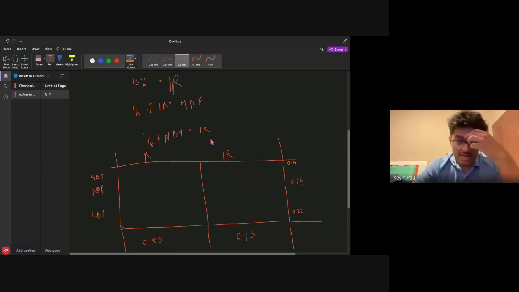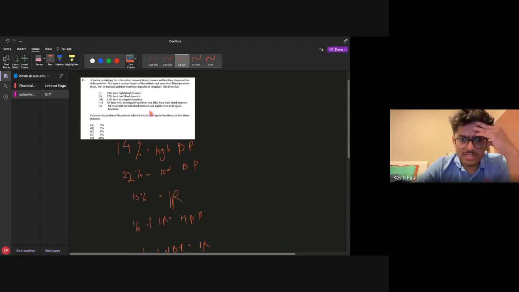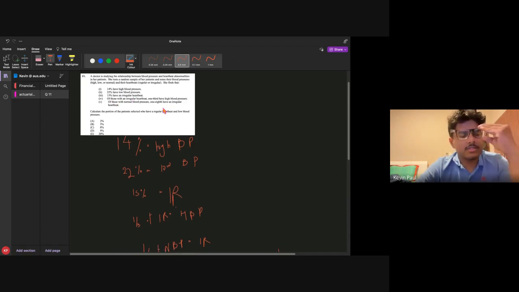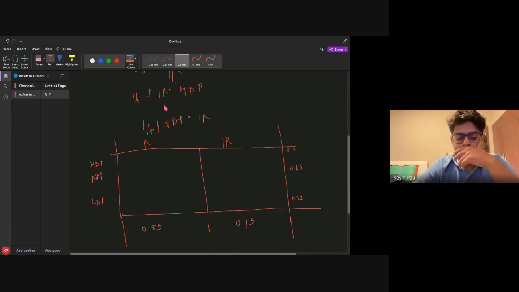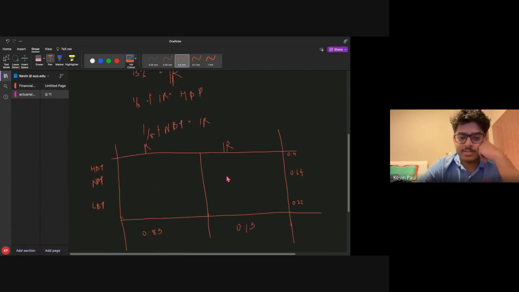So now we have that out of the way. One third of IR. Let me just read it if I got that right. Of those irregular heartbeat, one third have high blood pressure. So yeah, I got that right. So one third of the people with irregular heartbeats have high blood pressure. So one third of 15 is 5. And then the total of all high blood pressure is 14. So we can get this as